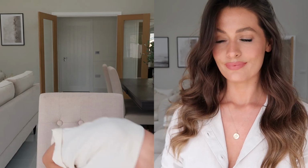But this necklace I have worn every single day and not really taken it off. I even wore this to the gym this morning. I literally leave it on all the time, and I just think it's such a gorgeous summer, it feels really summery on, like a statement summer chain. Yeah, really love it. So I wanted to mention those two pieces, and then moving on to what's new in